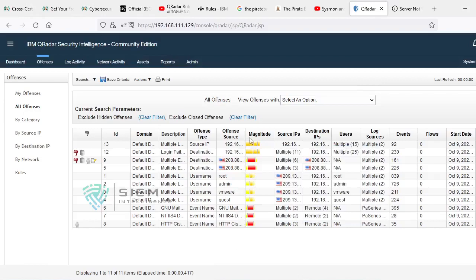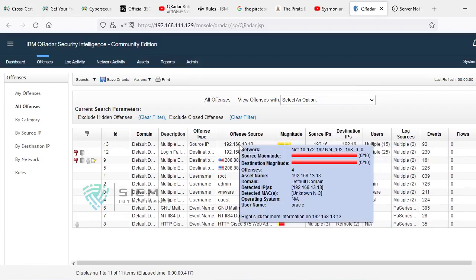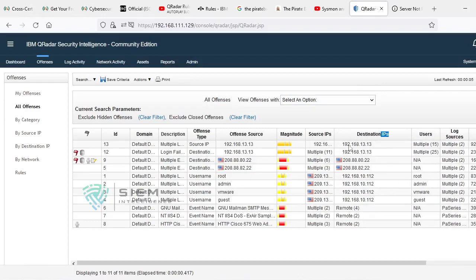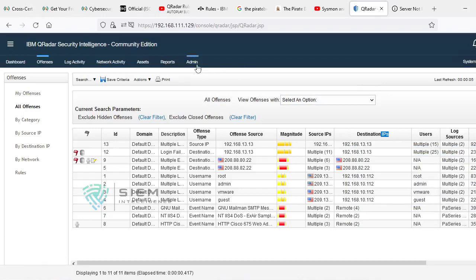But if we are considering 13.13, that is a generic network. If this is a Flipkart network, then we can easily come to know the offense source or offense destination, for whom, or if you are directly seeing the destination, you can come to know from where it is hitting. See, it is giving the domain and all. Once I add everything, you can come to know.